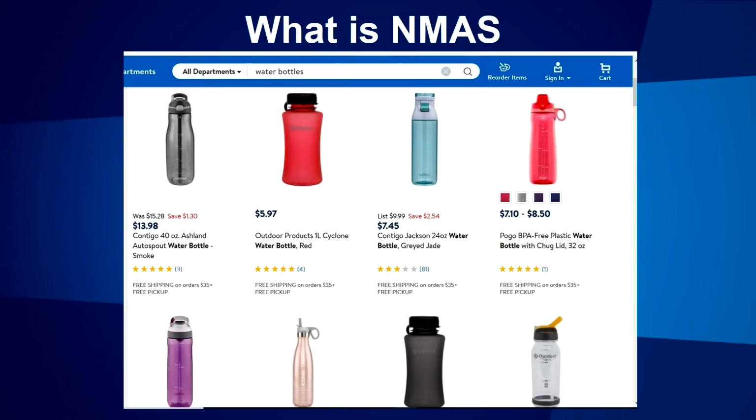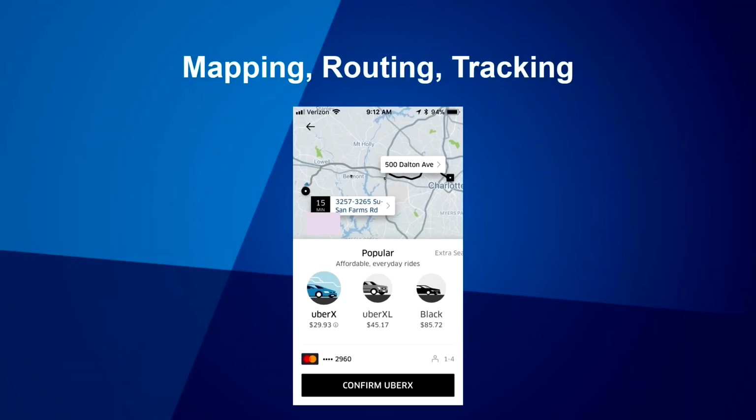We use filters, okay? The other thing we do is, where are those resources at? Right now, everybody's using these apps that show them where they're at, where they want to go, how to get there, how much it's going to cost to get there, how long it's going to take to get there, and what's going to take me there.